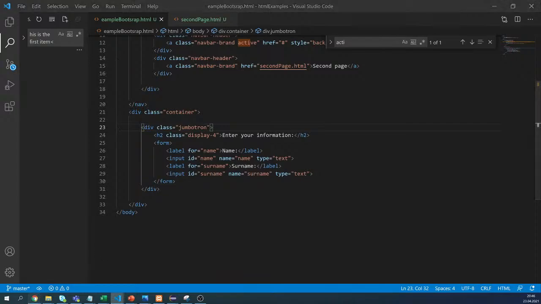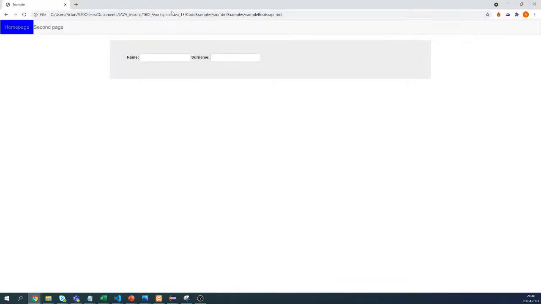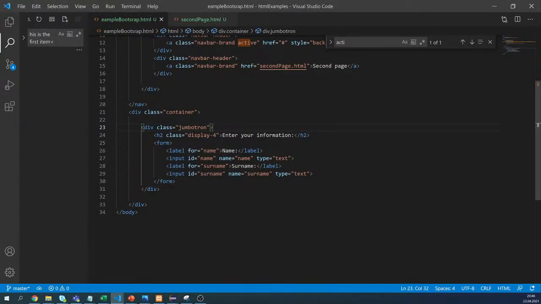So let's again check how it looks. So that's the heading for these fields, and let's maybe make it better,